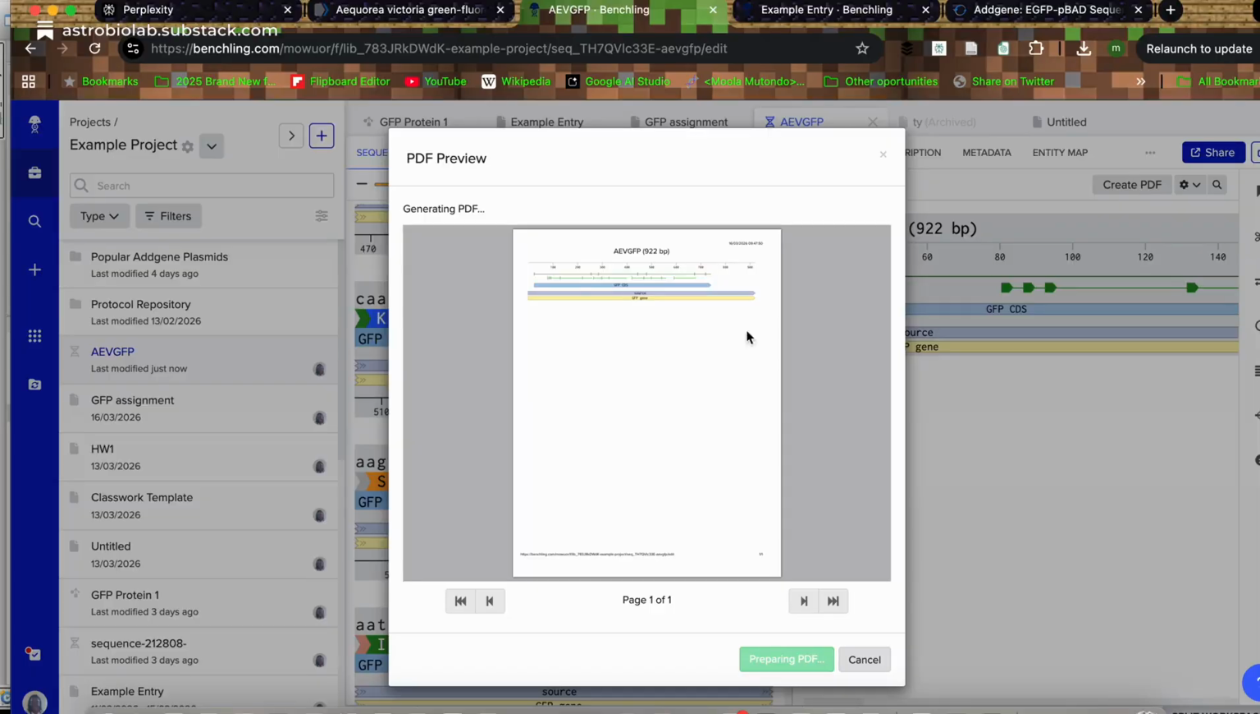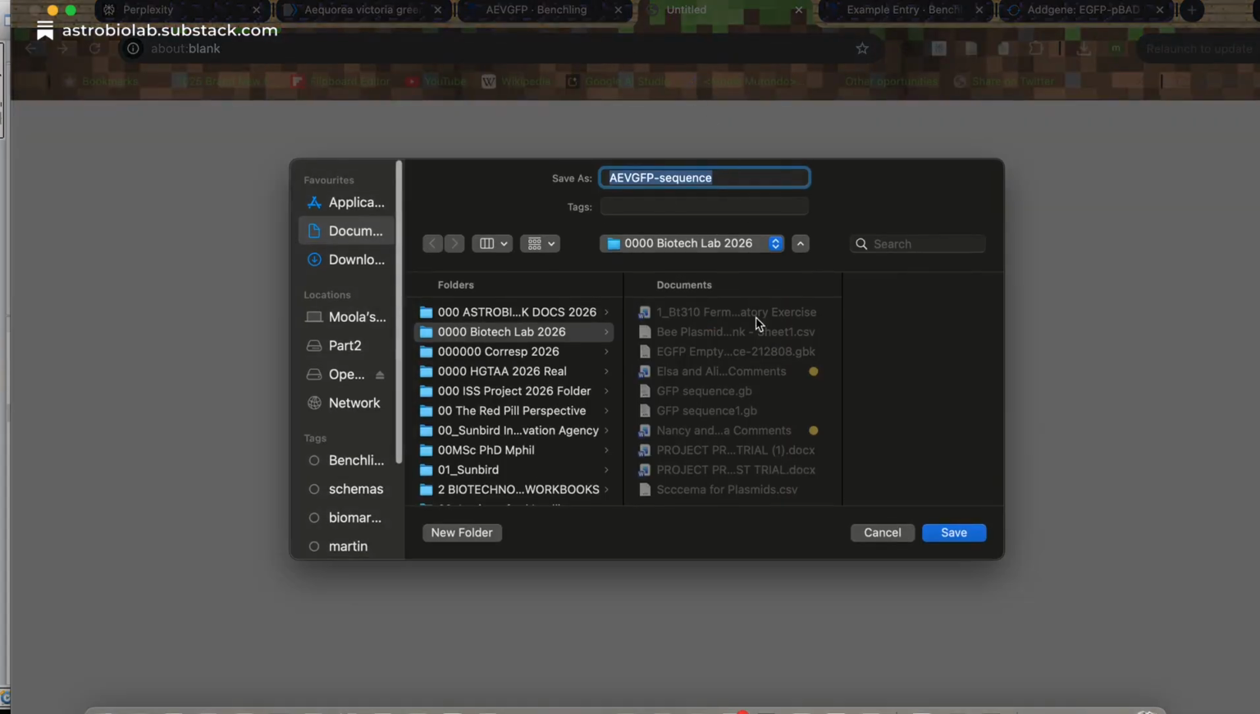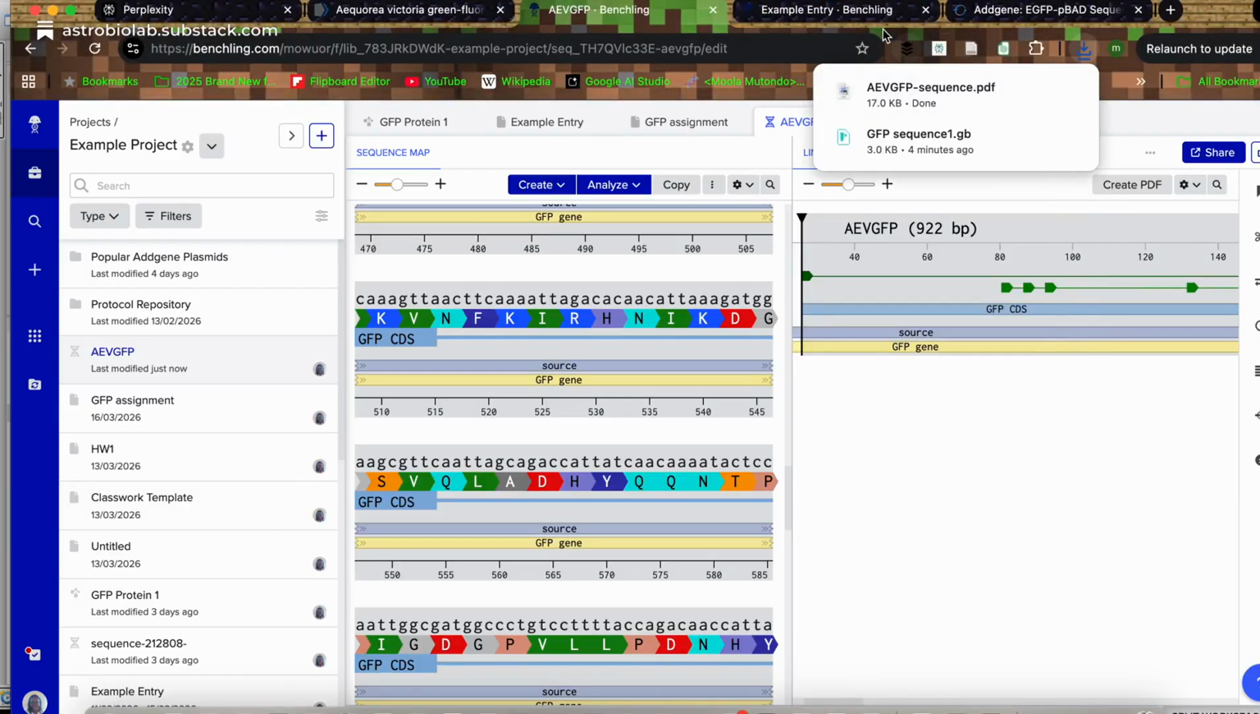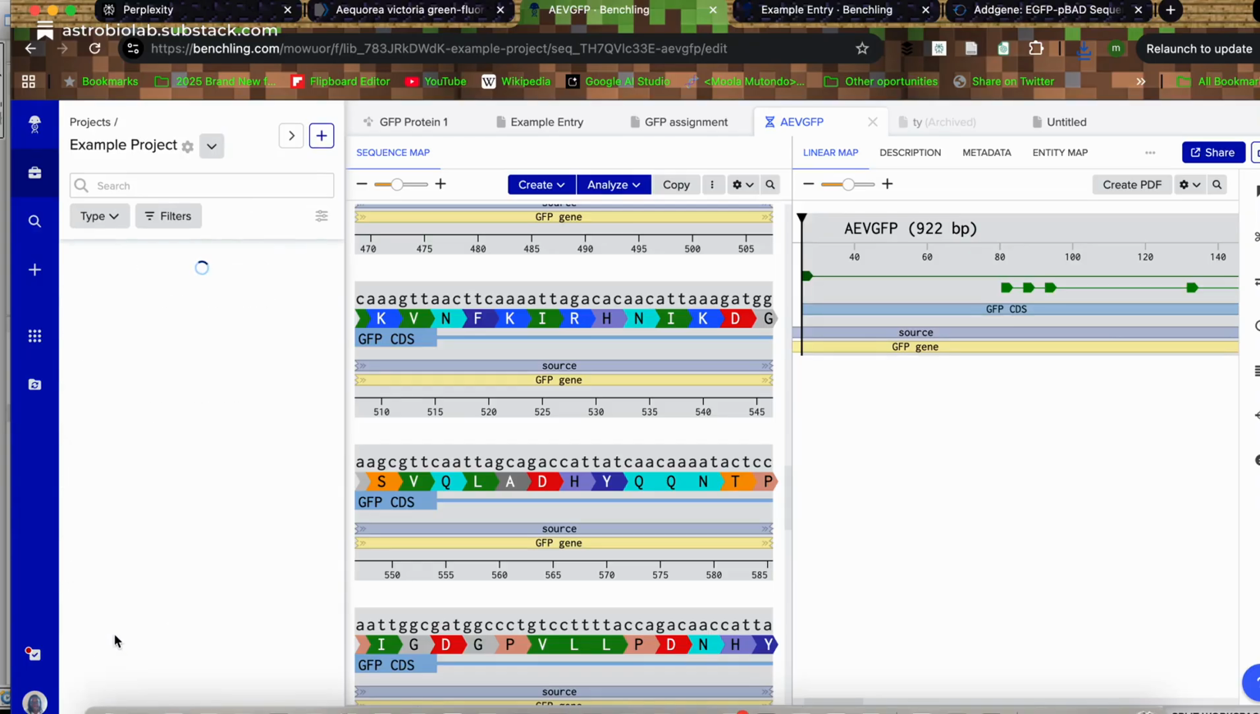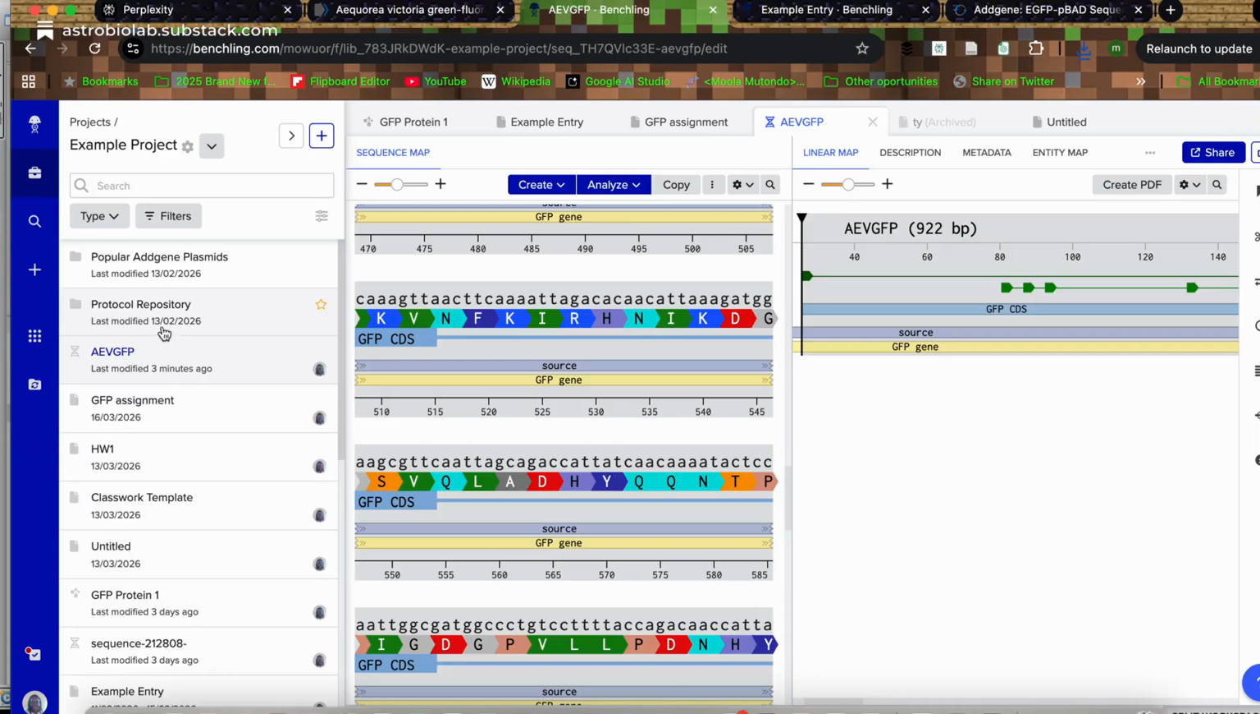create PDF there, and then it has a PDF of my sequence. And now that PDF is free for me to use to actually put back into my work. So if I go back to my project, and where's my example project, the one I was working on,